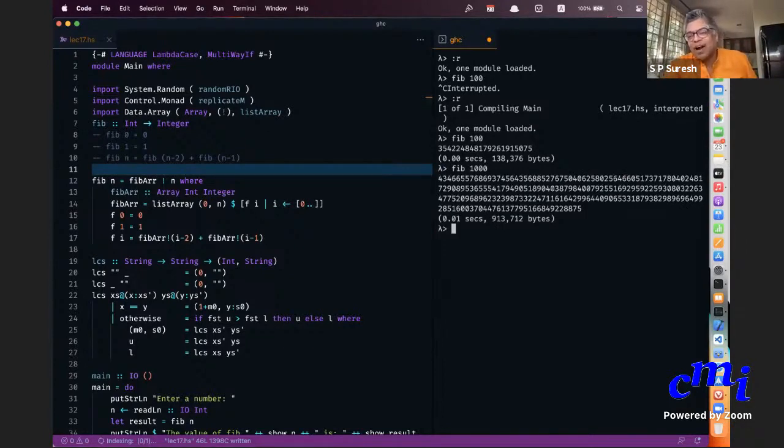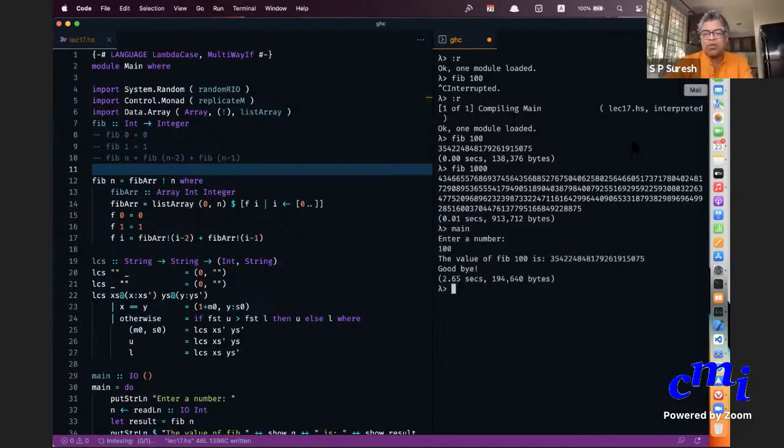Okay, and this is the power of lazy. So how does Haskell manage this? You don't need to worry about it now. Just know that Haskell provides you with arrays, and they are lazy arrays, meaning that you don't need to have the whole array defined before you use the array. You can define certain elements of the array, then you can use those elements to fill in other elements of the array. Okay, this is beautiful. Now I can also say main, and the same thing I can try there. I'll say 100. It will say fib 100 is this value. That large.